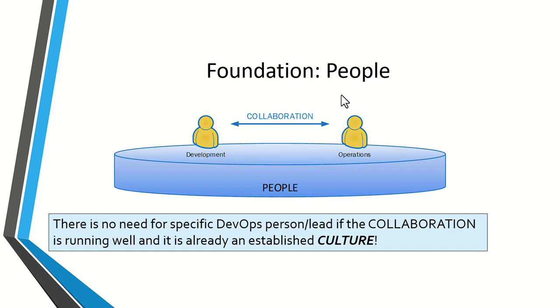Process is how we are going to do DevOps. Either you are going to use waterfall, a cycle that goes from A to B to C to D. If you go from A to B and then B to C, you cannot go back to B or to A. It's like you are imagining a waterfall.